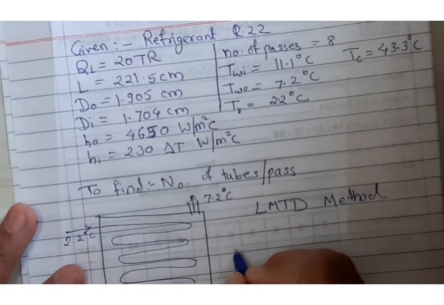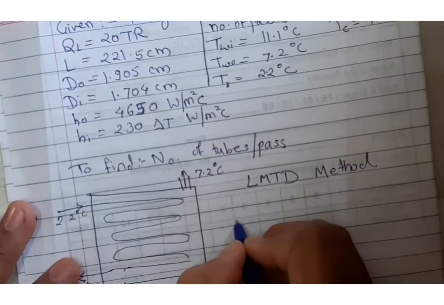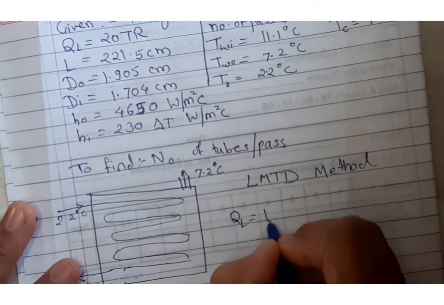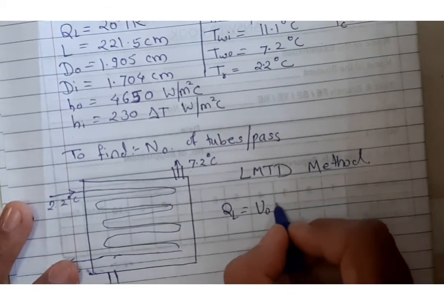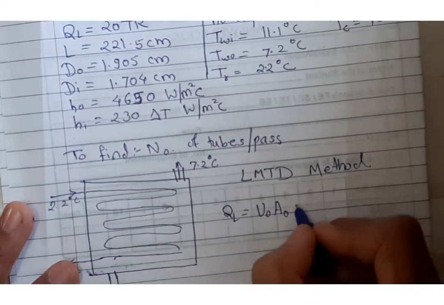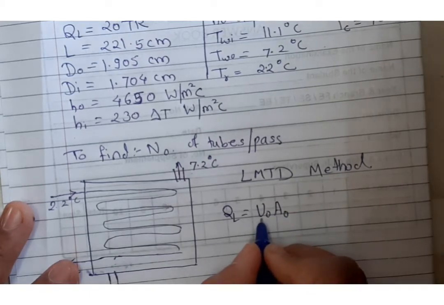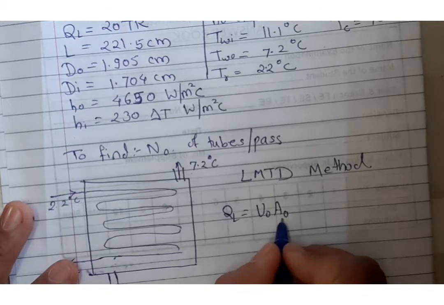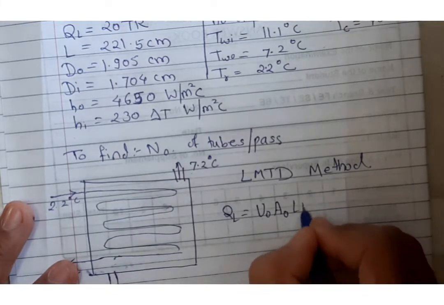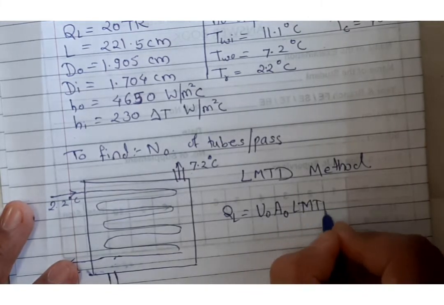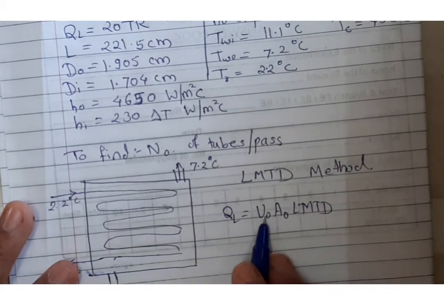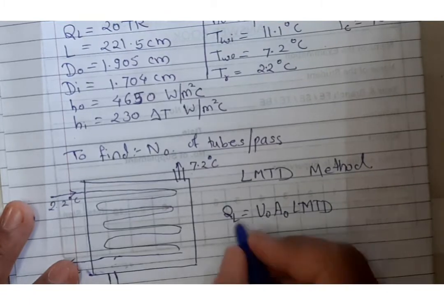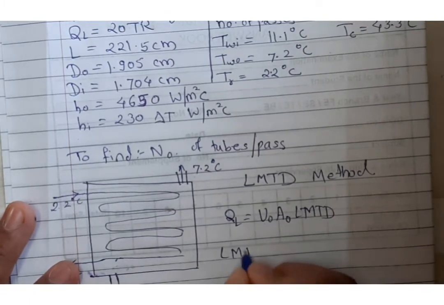So we know the formula for QL: QL is equal to UO, the overall heat transfer coefficient, into the outer area. If this is for the outer heat transfer coefficient, this should be the outer area, and multiply by LMTD. Now QL is known to us, and these other things are unknown to us, but we can find the LMTD